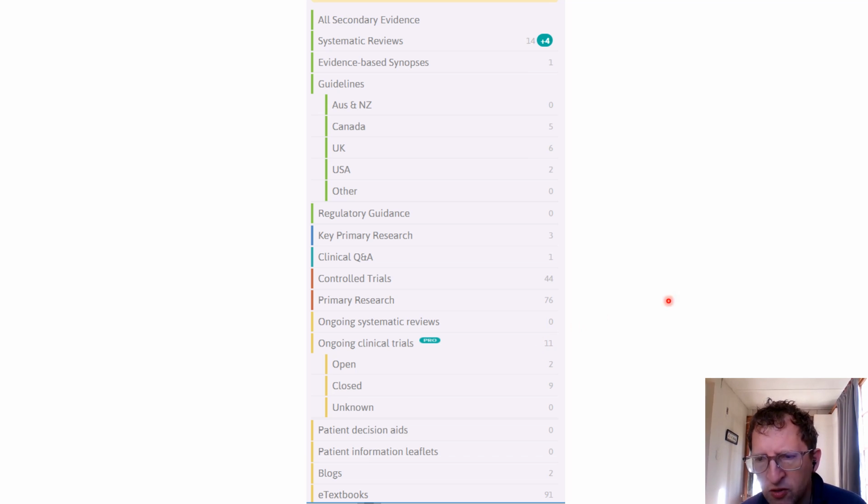So essentially what I do in terms of using the TRIP database is I just click each of the pre-appraised research and then the primary research, and see what matches what I want. So I'll click systematic reviews, then I'll click synopses, and I'll click each of these guidelines and have a brief read of what it says, and then